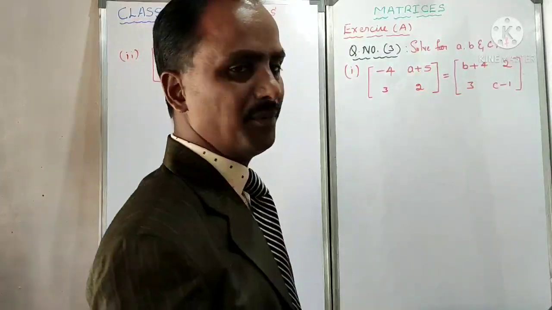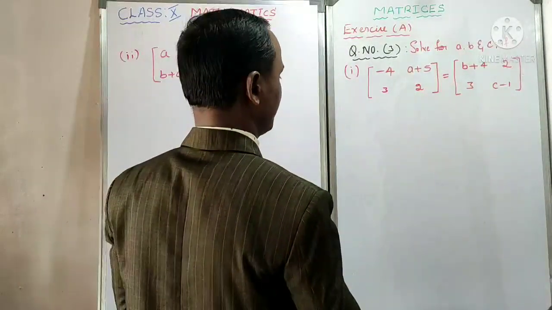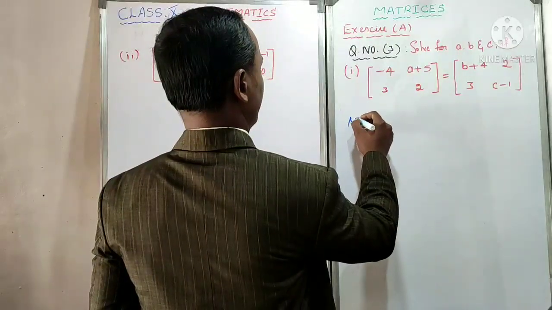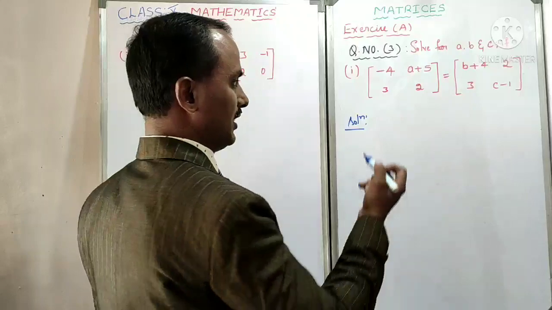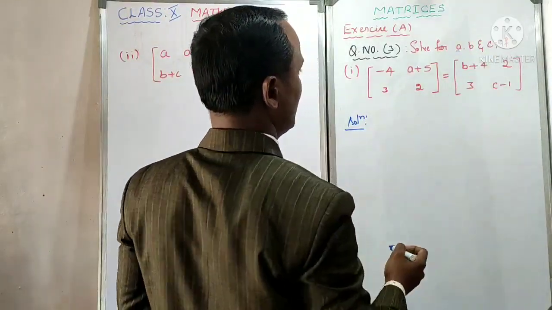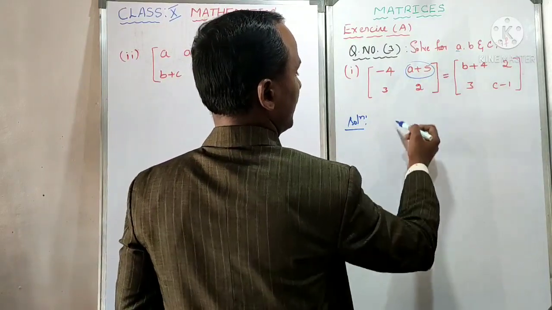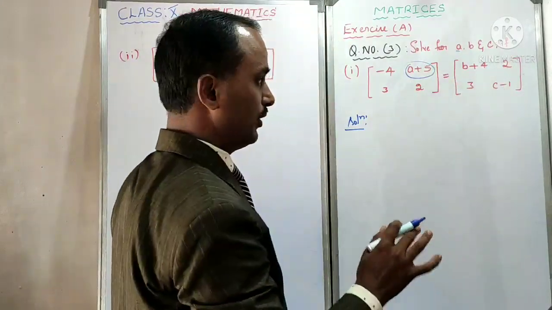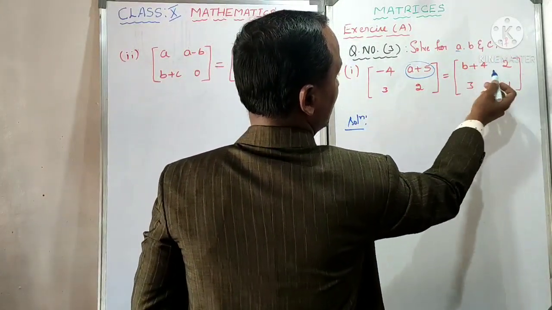What to do now here? The same way as the previous problem. I will continue the solution. Observe here. See, I will come directly to the solution step. Look here. I want the a value. See, in the left hand side, where is a? a plus 5 is there, this term. In the right hand side, is a there anywhere? No. So a plus 5 is equated to the right side.